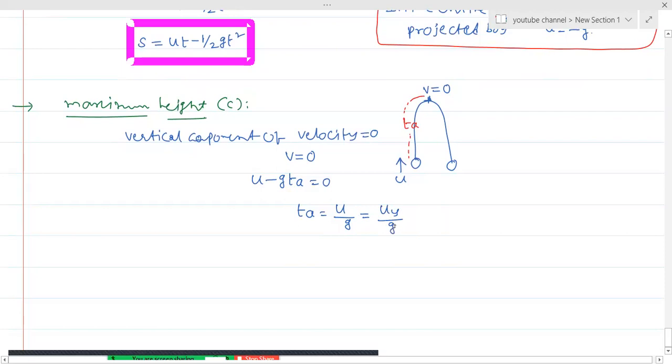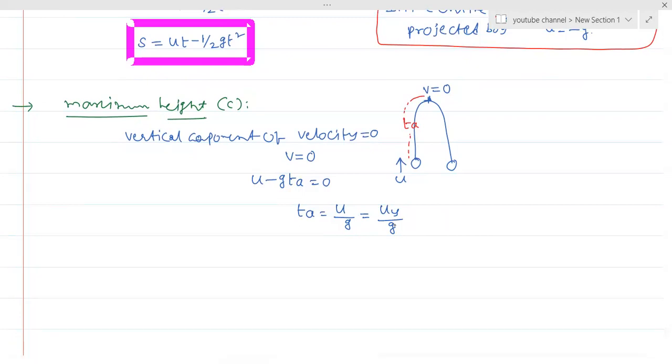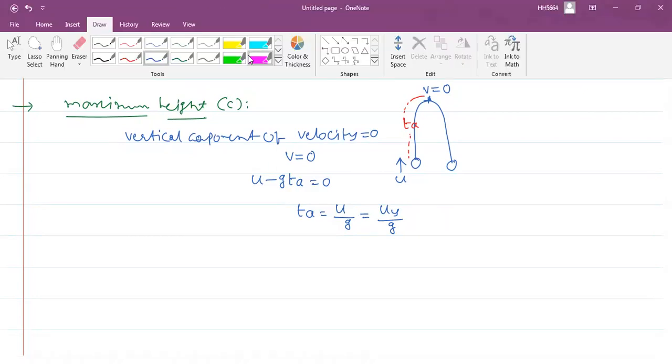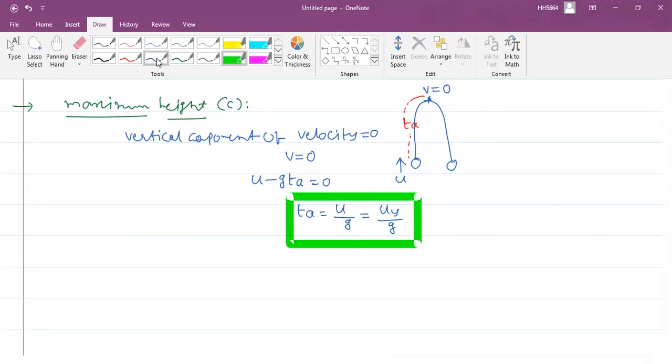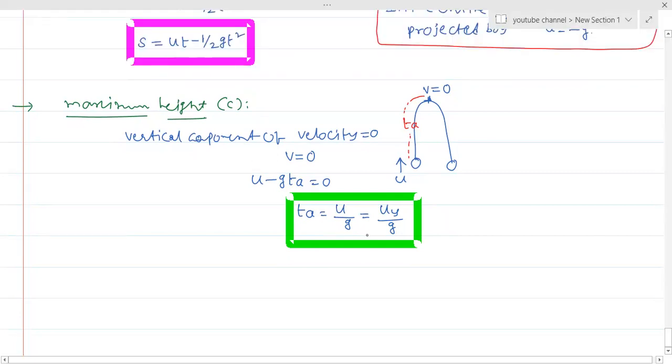అంటే ఇప్పుడు ఈ ఫార్ములాని మనం uy by g అని చదువుకుంటే మనకు మోషన్ ఇన్ ఏ ప్లేన్ కూడా చక్కగా పనికొస్తుంది. So time of ascent in the case of oblique projectile also, we will use the same logic, uy by g అని మనం గుర్తుంచుకోవచ్చు. సో అందుకే ఎప్పుడు కూడా y axis లో చదువుకోవడమే బెటర్. Time of ascent equivalent to uy by g. As the body is projected along y axis only, that is u by g.